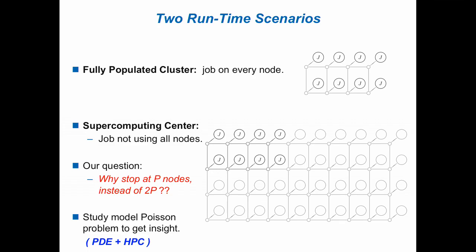And then the other runtime scenario, I would consider these both to be viable HPC scenarios. There's the large supercomputing center. The job's not using all nodes. Okay, so why did you stop at P and not go to 2P? That's exactly the question we're trying to answer. Incidentally, in this scenario, you can't tell the difference between this many processors and an infinite number of them, right? You're not using them all, you can't tell. Okay, so